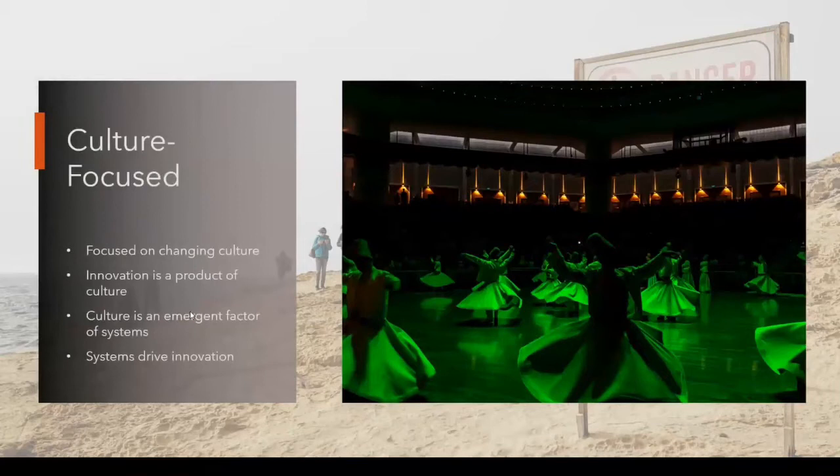This one, I hope I don't ruffle too many feathers here. I see people they say their innovation cell, they don't want to do projects. They're focused on changing culture, creating culture of innovation, which is good. That should be the goal for every innovation cell, right? But